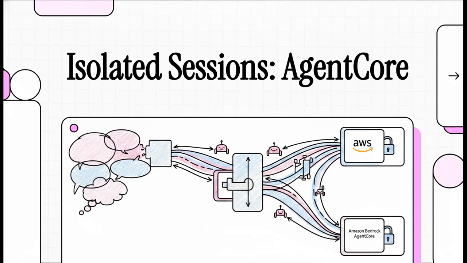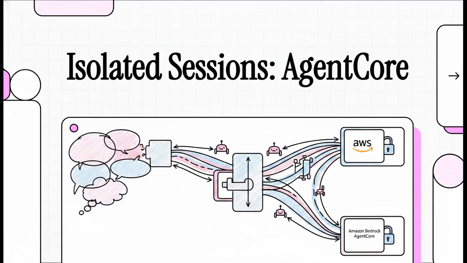All right, let's jump right in. We're all building these amazing, super smart AI agents, right? Agents that can handle these really long, complex conversations. But as they get smarter, this massive operational problem just pops up. How in the world do you manage millions of conversations at the same time without mixing them all up? Well, today we're going to dig into how Amazon Bedrock AgentCore solves this with a solution that's honestly really elegant